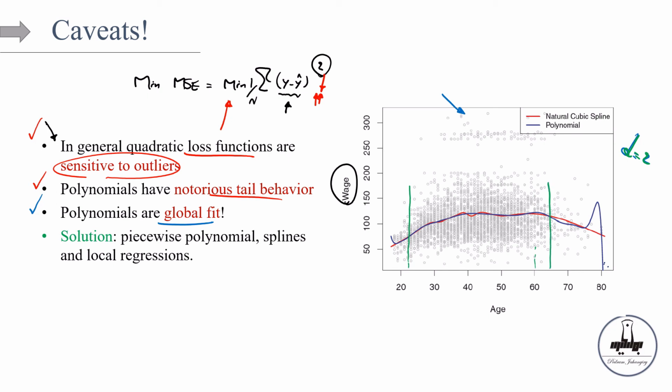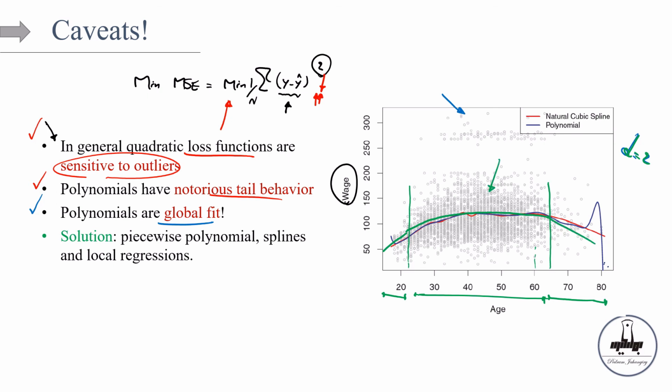Let's split the data into 3 sections: when age is less than 25, when age is greater than 65, and when age is between 25 and 65. If I split the data into 3 sections, I can use different fits. Here I can use a fit like this, here a fit like this,